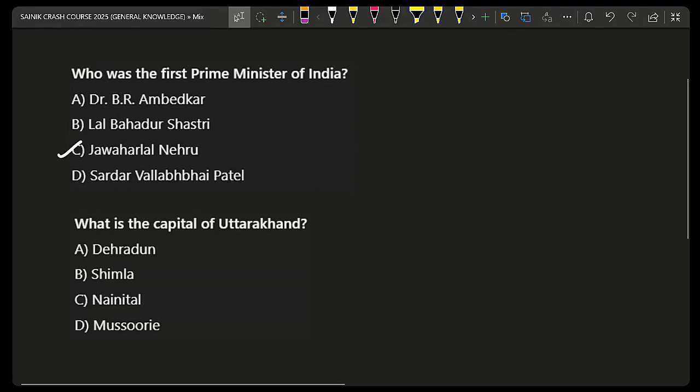Time up. I got three wrong answers for Shimla. Shimla is not the capital of Uttarakhand, it's the capital of Himachal Pradesh. 13 students gave correct answer. Dehradun is the correct answer. Dehradun is the capital of Uttarakhand, known for its beautiful landscapes, very beautiful scenery, and educational institutions also. So the next question,